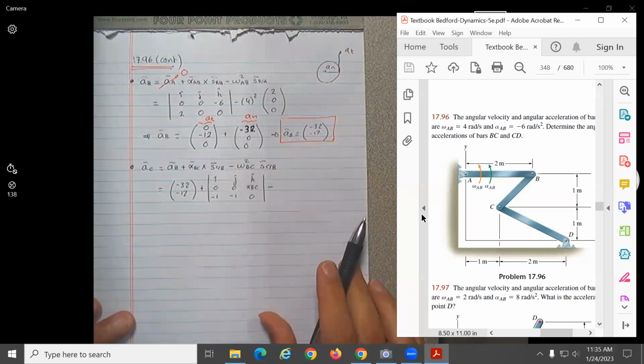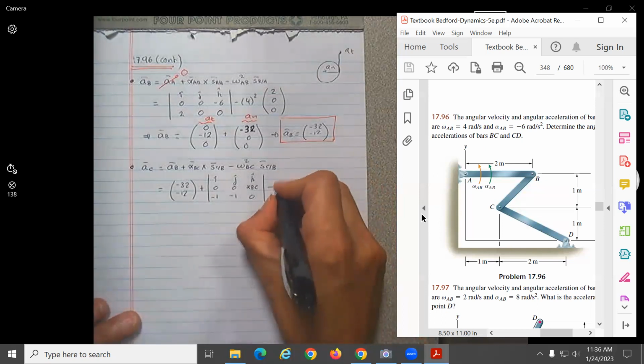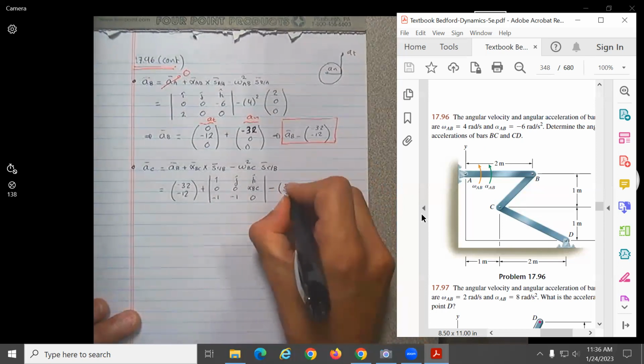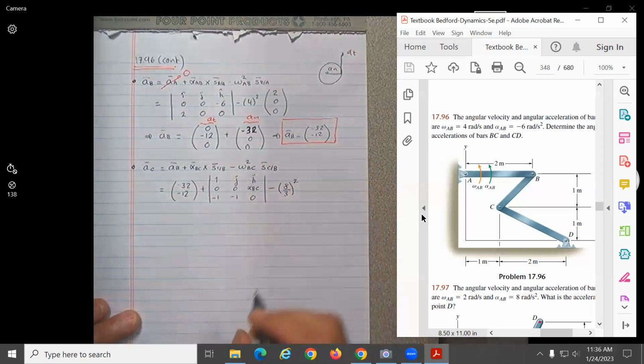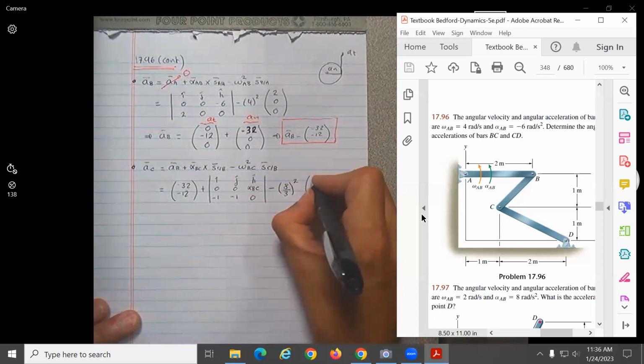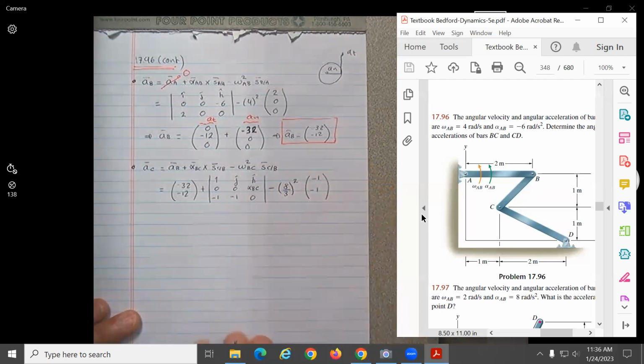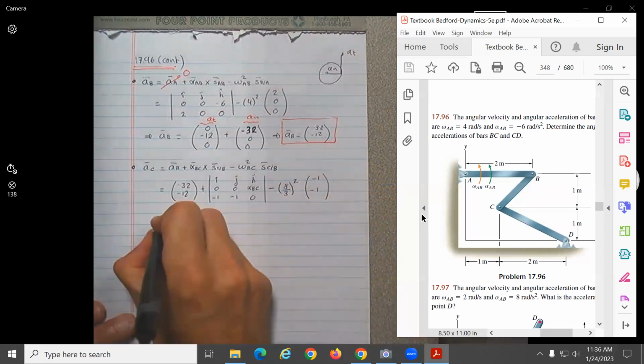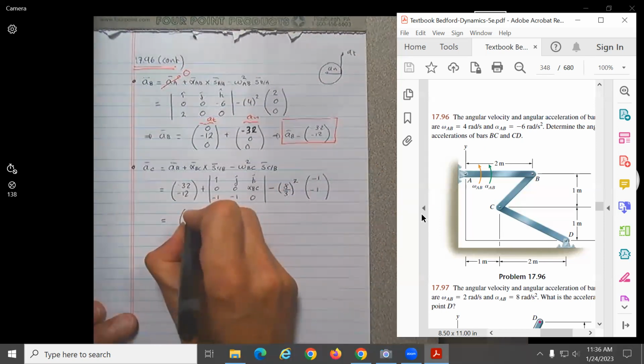What is omega BC that we calculated the other day? 8/3. Okay, so 8/3 squared. And this would be what? Negative 1, negative 1. So this is equal to negative 32, negative 12,